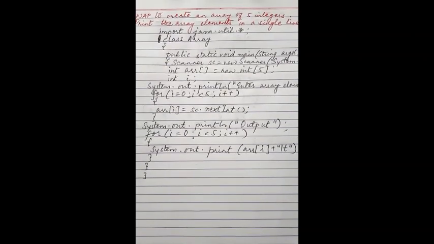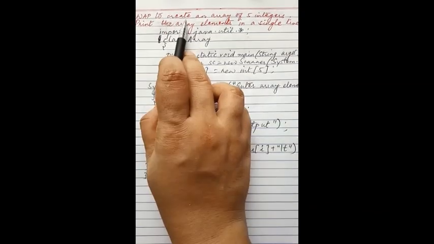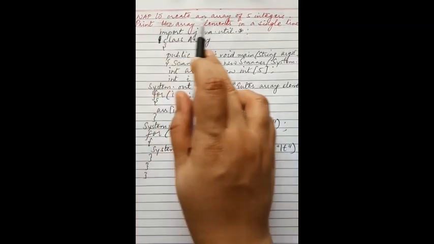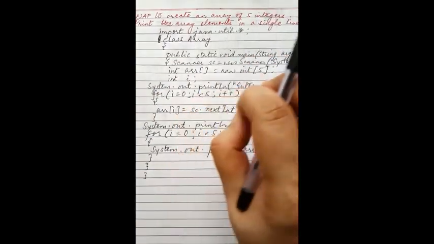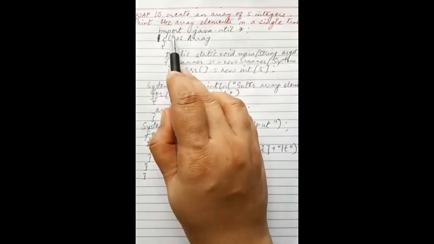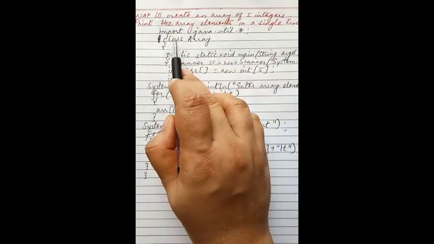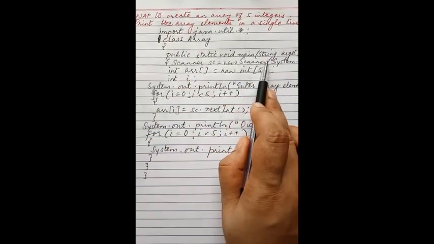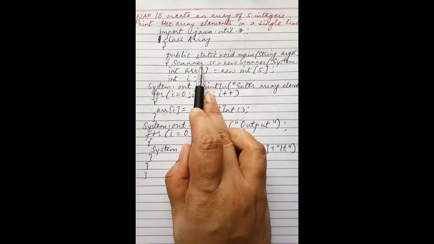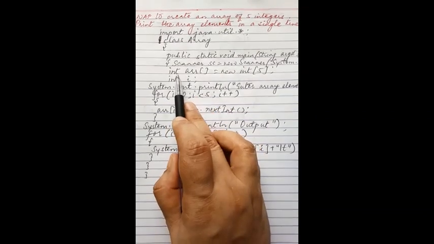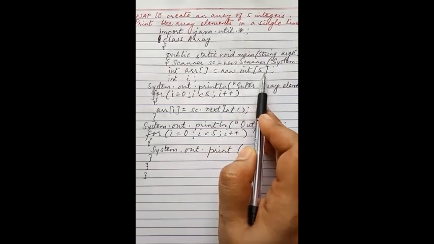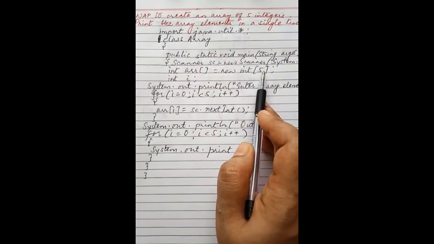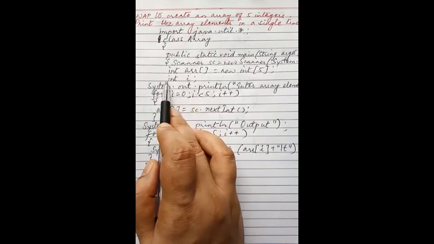Now I will make a program to show you how we enter elements or how we initialize elements of a single dimensional array. Now look here children, I have made a program: write a program to create an array of 5 integers. Print the array elements in a single line. There should be spaces in between the elements. So I have written this program here, import java.util.*. Then the class name is declared as array, public static void main String args. Firstly, I've declared the Scanner class object SC. Then I've declared an array here, int ARR, this is the name of the array, equals to new int 5. That means it is going to store 5 integer values. I have another variable I declared here.